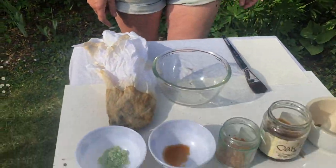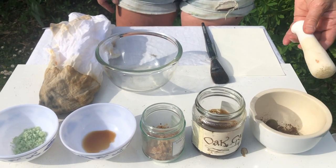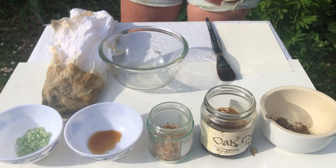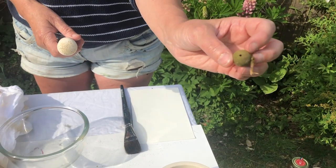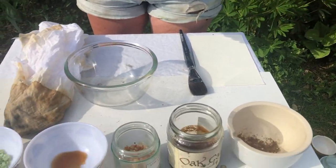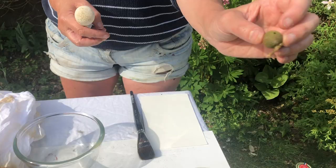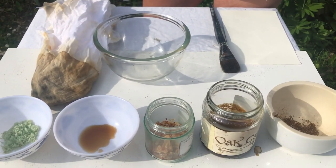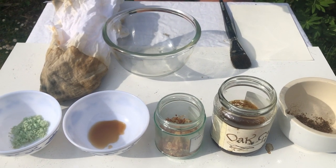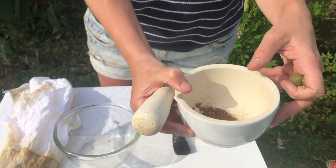So just to explain what I've got here, I've collected oak galls. I've visited lots of oak trees near where I live, and this is what the galls look like. And they're created by little wasps that inject something into the branches, and the oak then reacts by creating these little galls. The insect then makes a hole in it and lays its eggs. So these are absolutely packed with tannin. Fantastic. And so what I've done is I've ground it up like this into a fine powder,